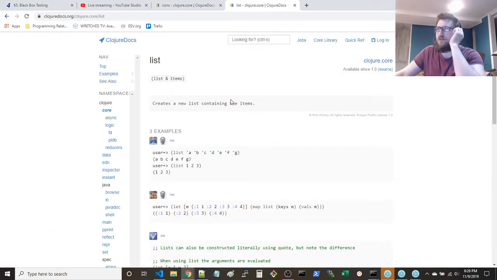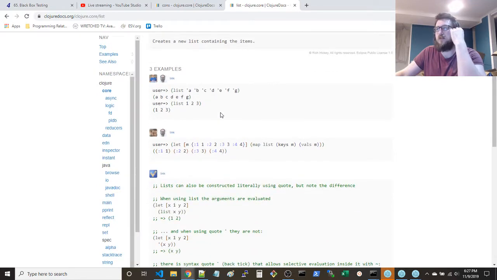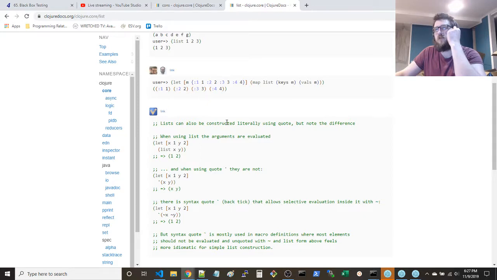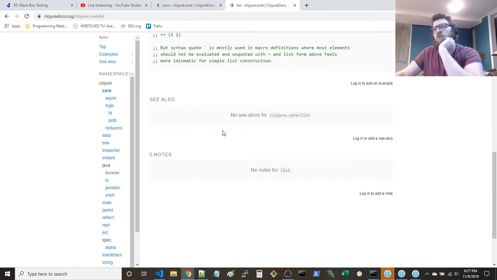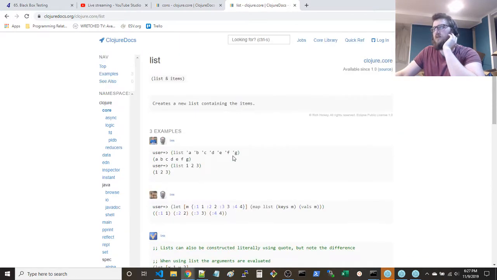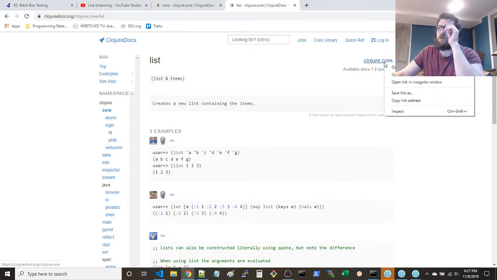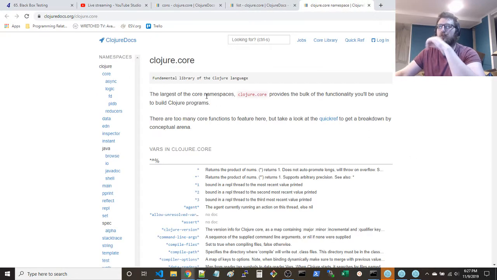Uh-oh. So I guess a list is a sequence. Same thing. Maybe this is a case where we do want to look at the core and take a look at the language.